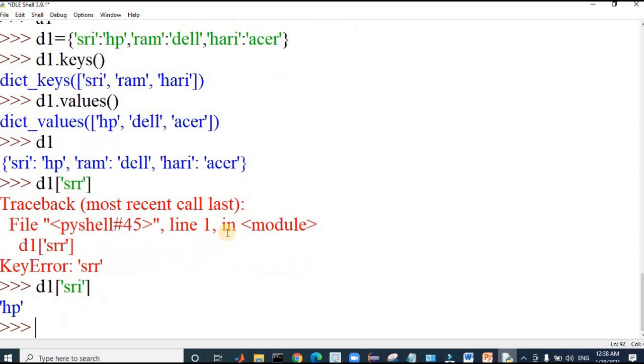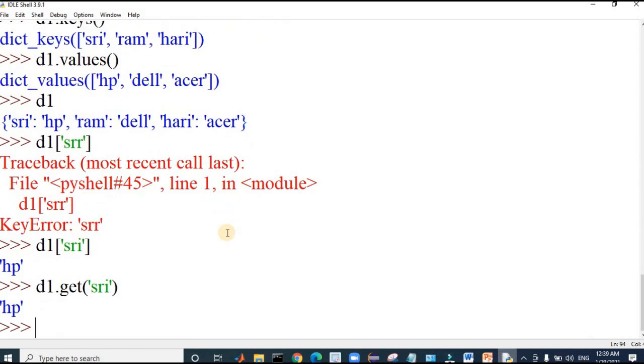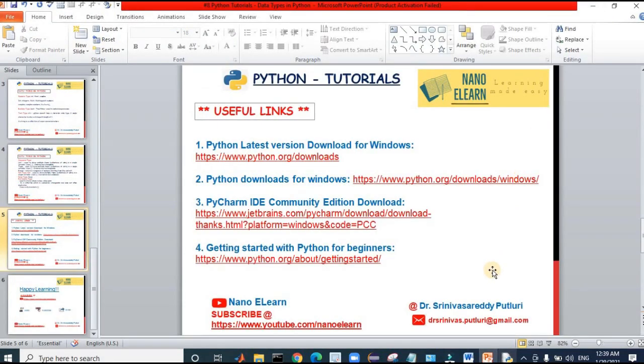I typed SRR, so it errored. It fetched HP. Alternatively, I can also use a method known as get. d1.get of, say, Sri again. It fetched HP again. This is how we can work with different data types, as I have shown multiple examples here.